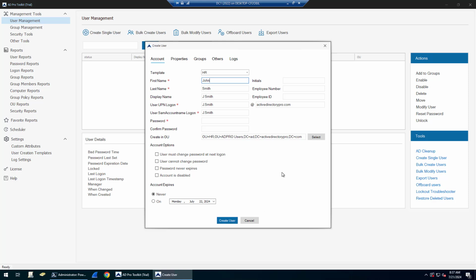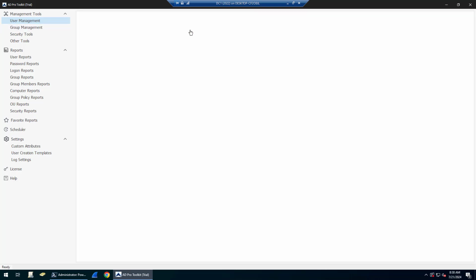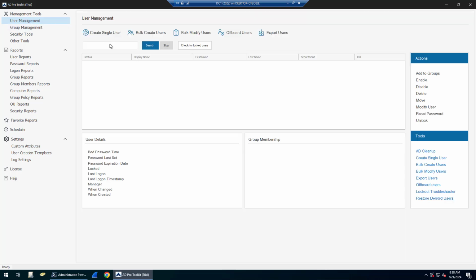So again, this is just how to create accounts using the templates. This will help you streamline and make accounts more consistently and automate some of that process. There's also, you can bulk import accounts from a CSV, you can bulk modify accounts, and you can edit existing accounts. So if I search for an account,